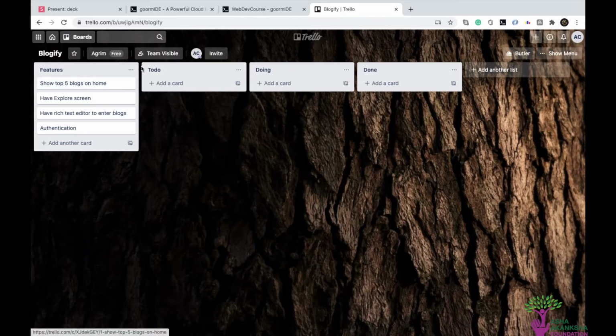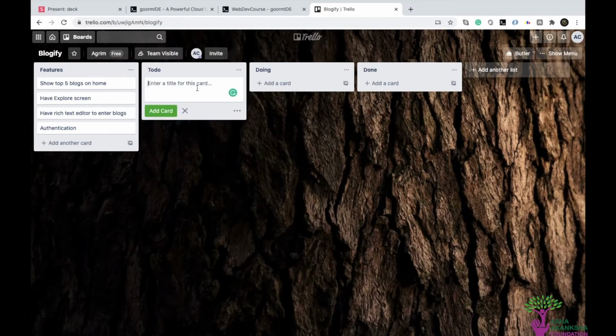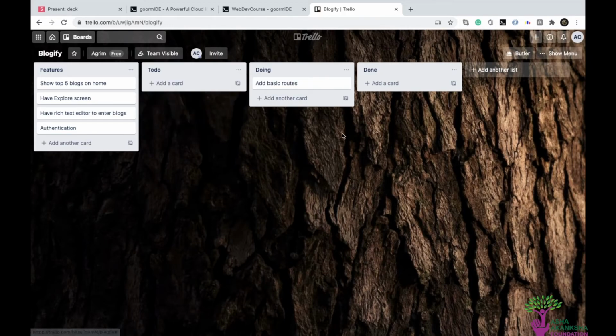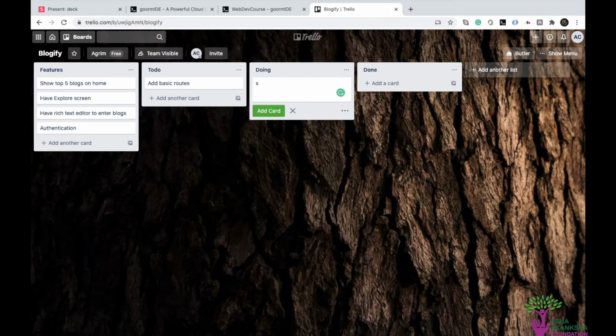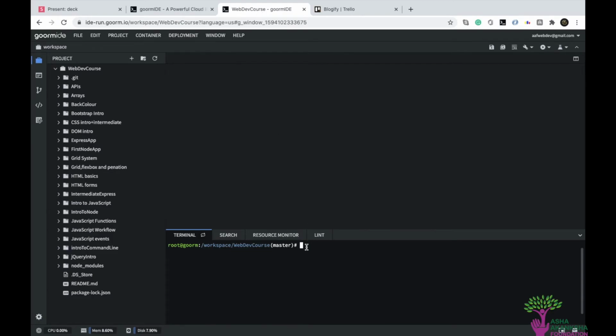So these are the things that I need to do. The first thing in the to do that I'll add is add basic routes. This is the first thing I need to do, so I'll move this into doing, because this is the main thing we need to do. I'm adding things directly to doing here, but that's often not what you do, because you already have things here, and you add things to the to do as we move along. But for now, what we have to do is set up the basic file structure. Great. So let's move into our web dev course folder,